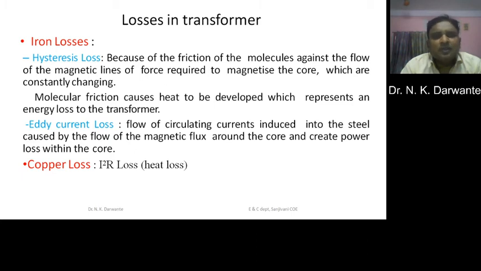For that purpose, different structures are there which can minimize the hysteresis losses. Even using the laminates is also for minimizing the hysteresis loss. Another loss is the eddy current losses. We know that in the transformer, the voltages which are available at primary and secondary are due to the induced EMF. Secondary voltages are available due to the induced EMF.